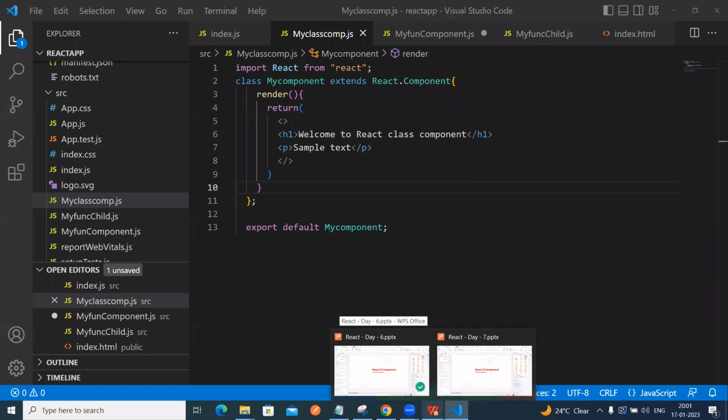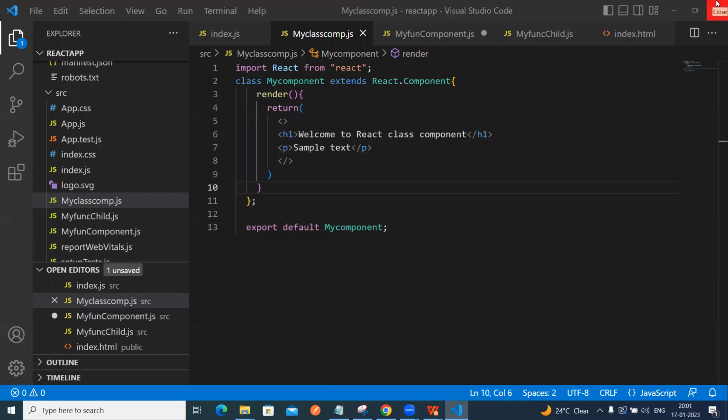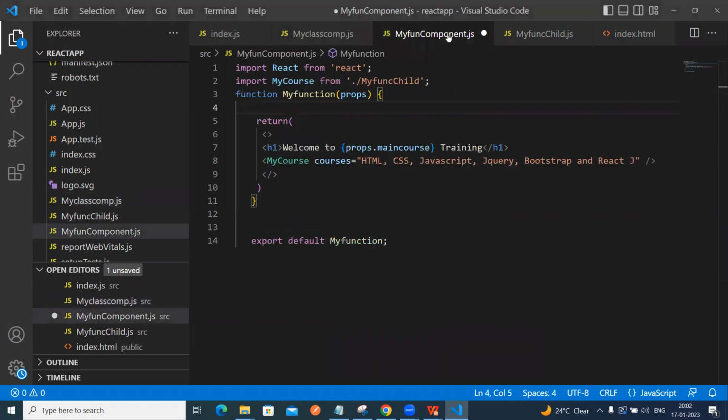Hi guys. So last class we saw the components, right? We have two types of components. One is class components and another one is functional components. In detail, we were seeing functional components, right? So how we can pass the functional component,